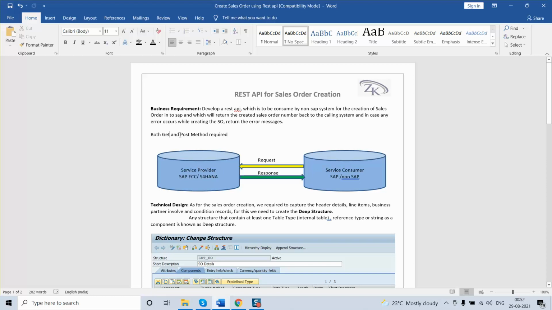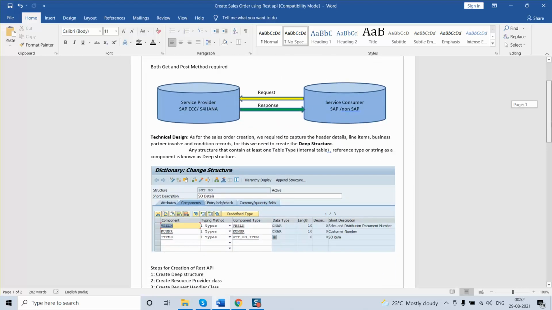And in case of post method, the data will be passed from the service consumer, and based on the data, the SAP system, either ECC or S/4HANA system, should create the sales order and return the SO number to the non-SAP system. So this is the higher level business requirement.